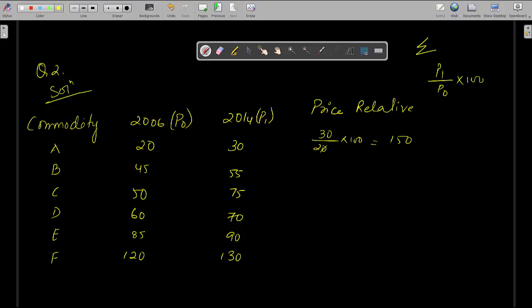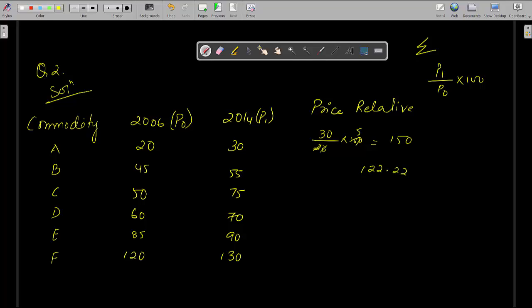Okay, so 0, 0, 2, 5, 3, 5, 15 and 0, 150. Similarly, you have to do for the rest as well. 55 by 45 into 100. So if you keep on calculating it, you will get these answers. So the next one, you will get